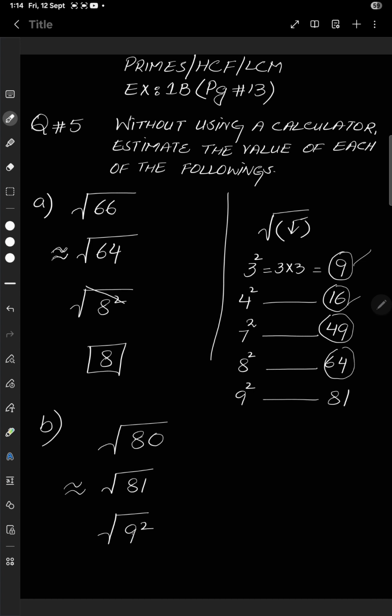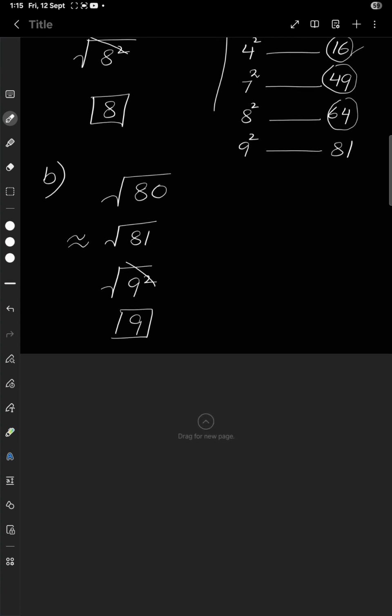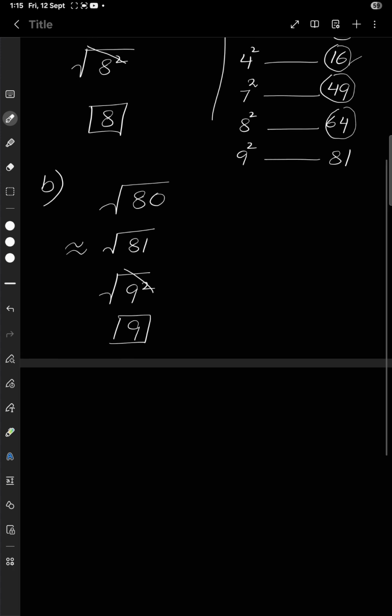And when I write the answer, this 81 is 9 squared. Square root will see the square, square root will eat the square, and my answer will be 9. इसका मतलब है अगर मैं कैलकुलेटर से भी 80 का स्क्वायर रूट लूँ तो मेरा आंसर किसके पास पास आएगा, 9 के पास पास आएगा. So yes, I am using estimation to see where my answer will be, right?